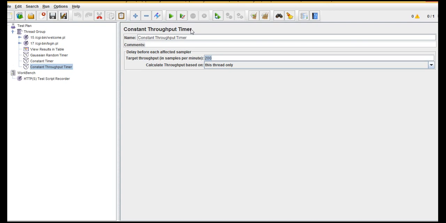Make them pause, make them hold. Let them wait. In the same way, the timer will make those users wait, because this guy has provided a target throughput of only 200 requests per minute. So as per this, it will serve only 200 requests per minute. When other threads try to access the system, it will make them pause. Once this serving is done, then those threads will start execution.